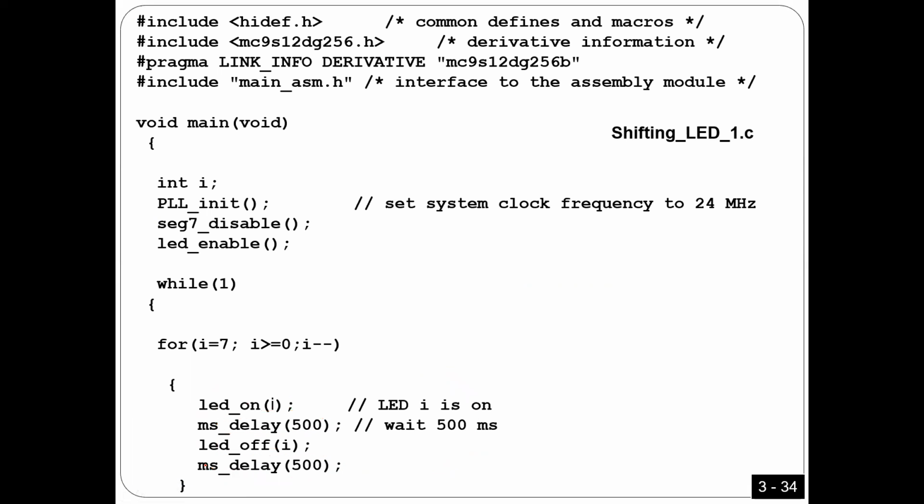Okay, so here you want to turn one LED on. You can wait some time to keep it on for some time, and then you turn it off. Okay, and then here I'm gonna turn it off. That means all the LEDs are gonna be off. If you like it this way, that's okay. If you don't like it, you can cancel this delay. And then I think if you cancel this delay, this program will be closer or similar to the programs